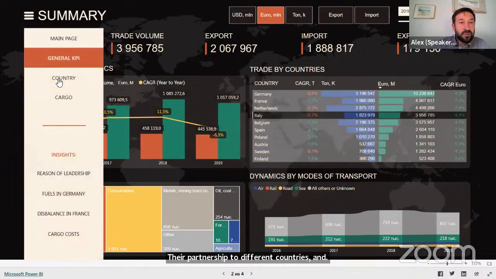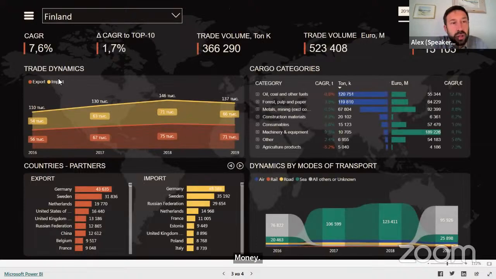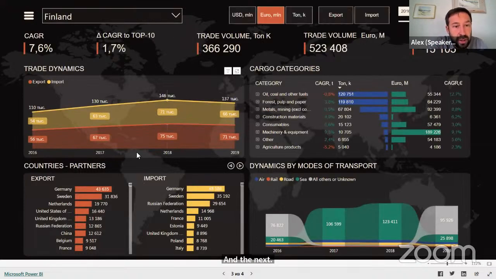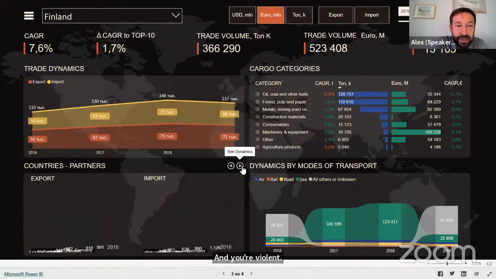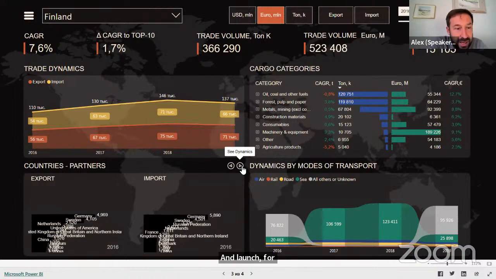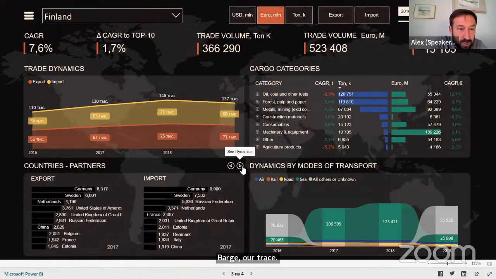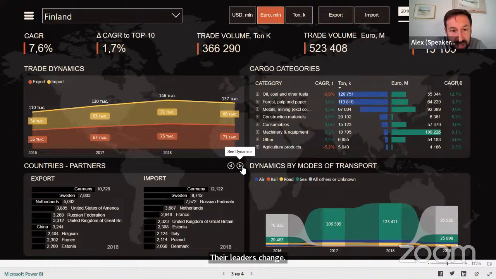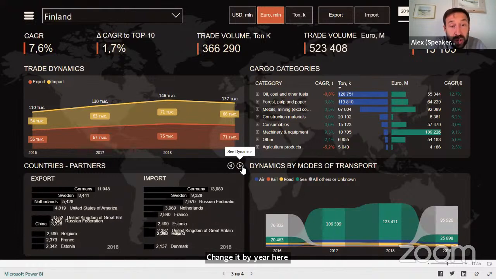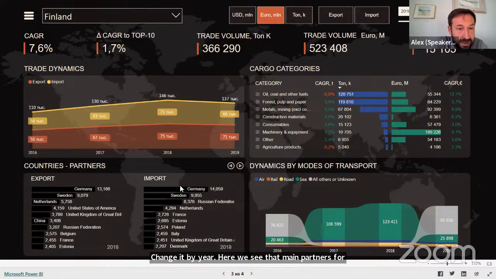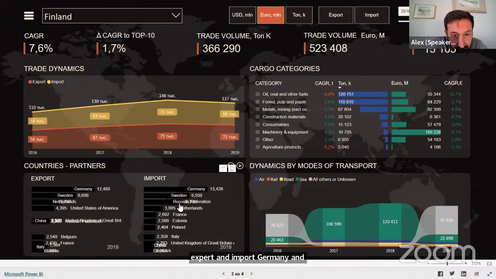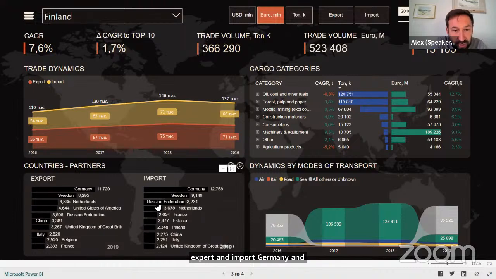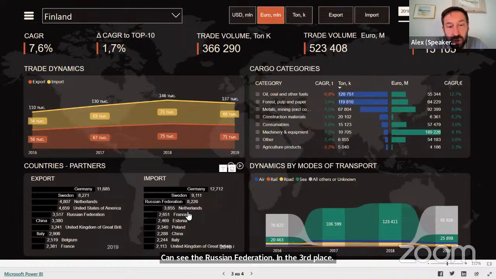Next, I can go deeper into a country, and here we have Finland, and launch, for example, a visual such as the bar chart race, and see how their leaders changed by year. Here we see that the main partners for export and import are Germany and Sweden, but now I can see the Russian Federation in third place, and it moved the Netherlands to fourth place.